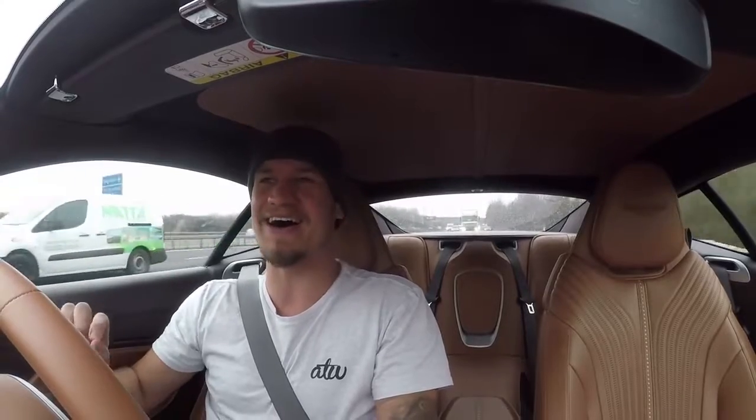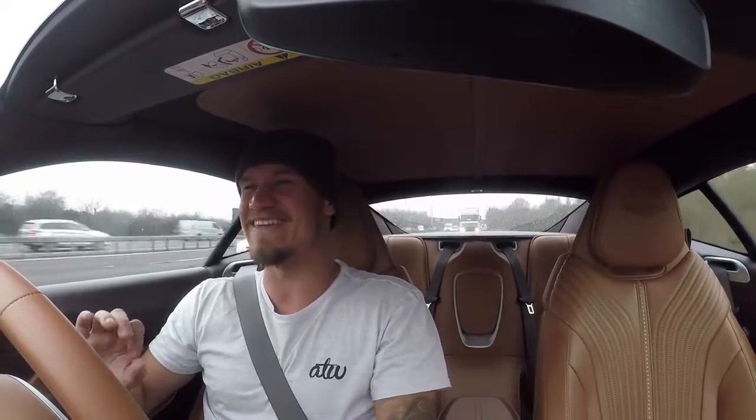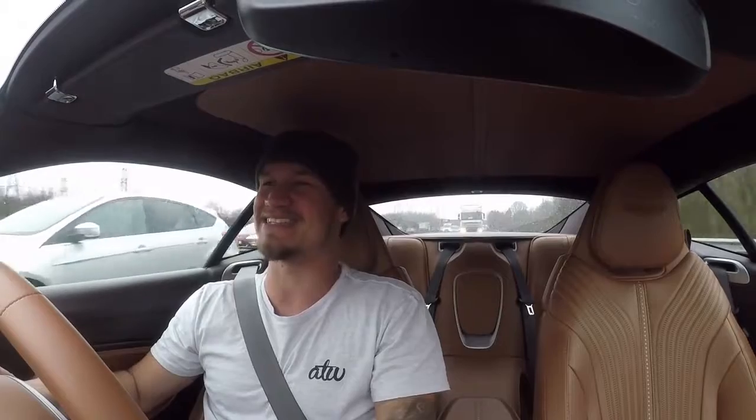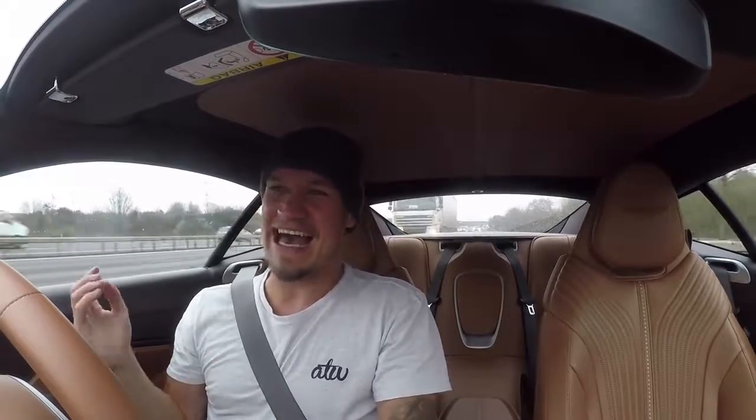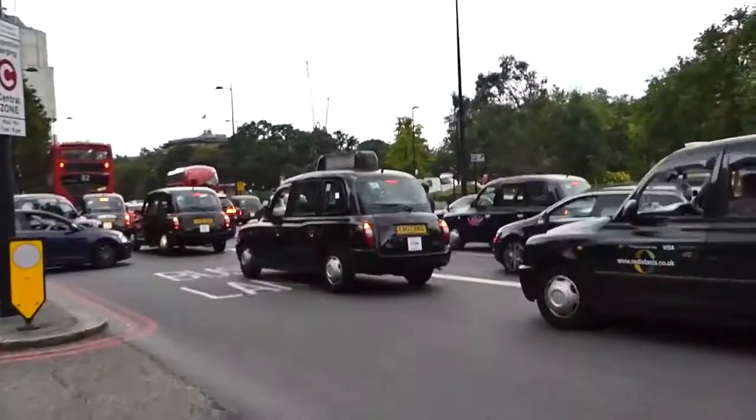However, this car arrived in London very early on in 2016, and it took me around 6 months to find this car. I headed into London during the summer, I headed into London during the spring, trying to hunt down this car, obviously trying to hunt down many cars, but this one particular car eluded me for so long. However,